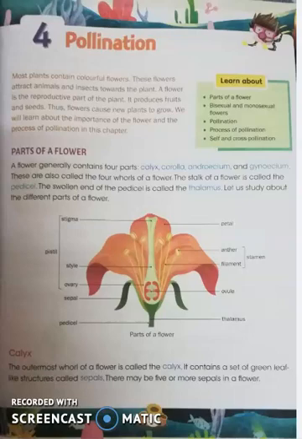Now what is the function of these green colored sepals which are there at the base? So the main function of the sepal is to protect the flower in the bud stage. The flower when it is in the bud stage, that is when it is about to grow, not yet grown, the sepals protect the flower at that stage. They can also prepare food for the plant, right?